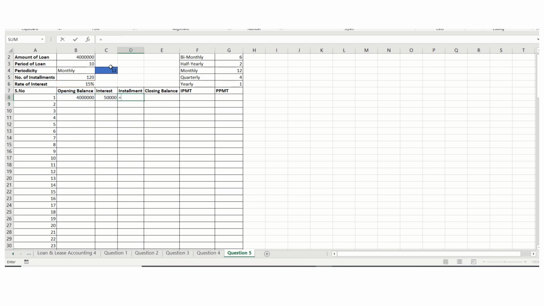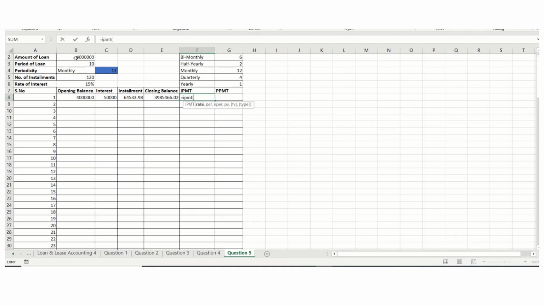Installment amount is payment function rate 15%, I fix it, divide by periodicity, comma, NPR, which is 120, period multiplied by periodicity. Present value is minus of this amount of loan. I fix it again, close. My closing balance is opening balance plus interest minus installment. IPMT is